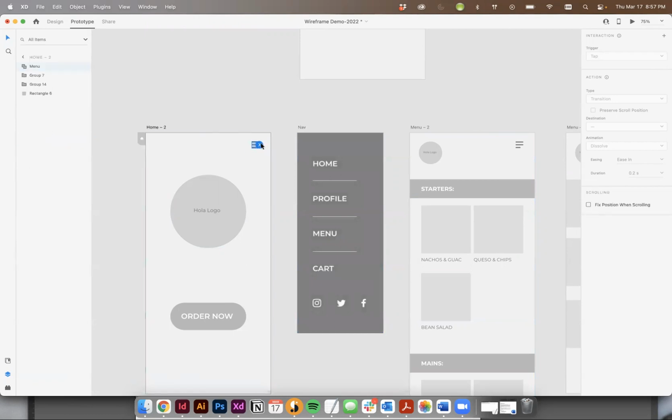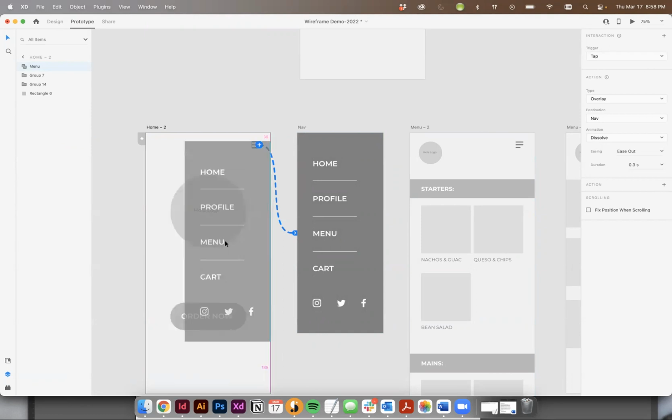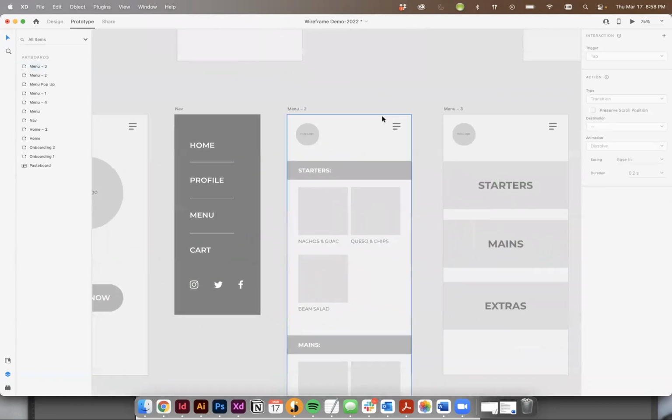So again, I would go ahead and I would click that hamburger nav, grab that little arm. It's already defaulted to overlay. Going to bring it over there. Again, you can decide where you want that. You generally wouldn't want your navigation to just open right in the middle. It's a bit odd to do that. You can have it pop open here or here. Again, it's all just depending, but also keep in mind